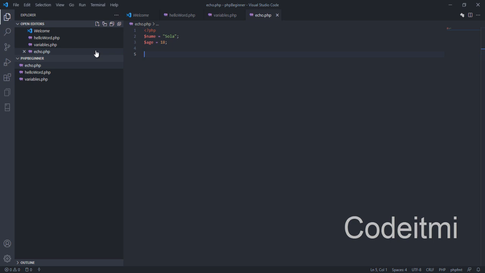There is something called concatenation. You can learn more about that. It actually lets you join two variables together on the same line. Let's go ahead and say echo, and right here I'm going to say $name, and then I'll use the full stop, which is the sign of concatenation, and right here I'll say $age. Now this won't add any space, although there are spaces here between the variables, but this is still going to join everything together. Let's refresh this,